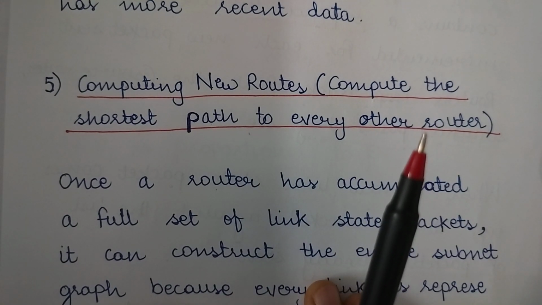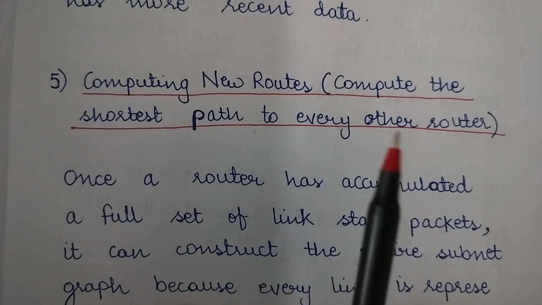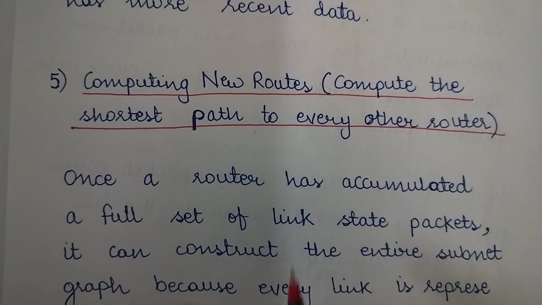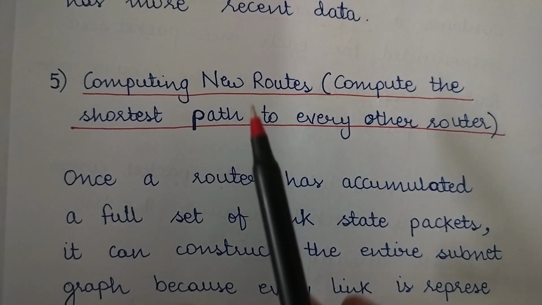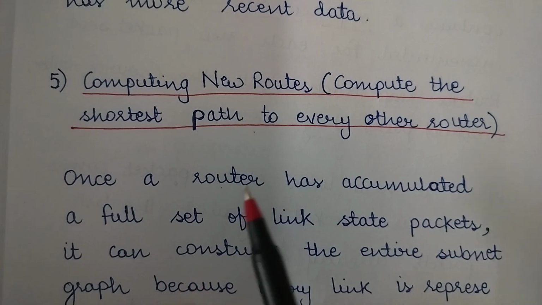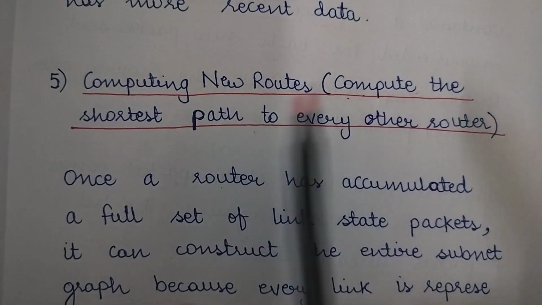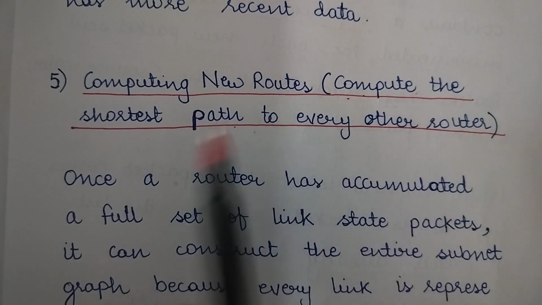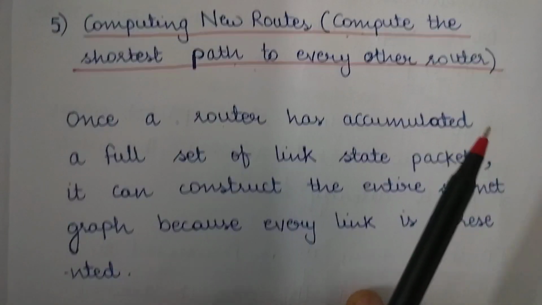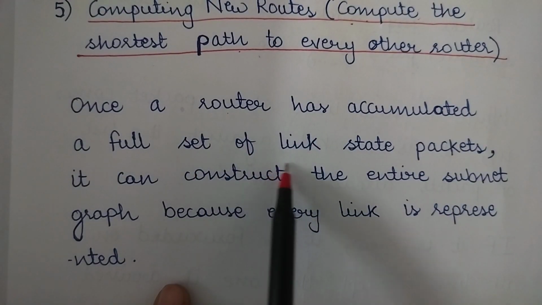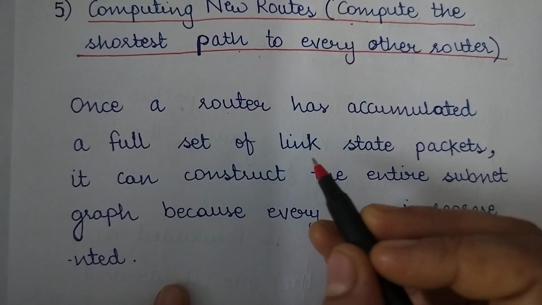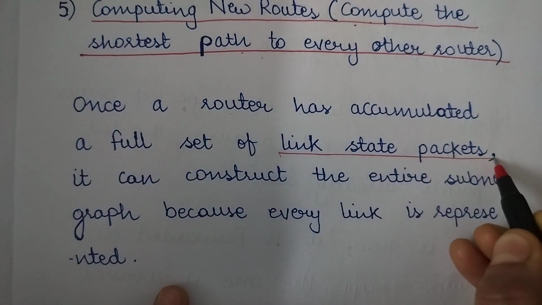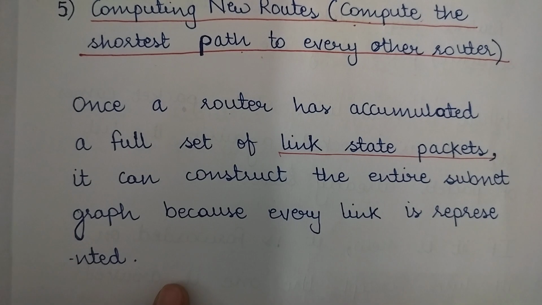Now the fifth and last step is to compute new routes. Every time the cost or delay to a particular route changes, we have to keep updating those routes. So we have to compute new routes so that we can find the best available shortest path. That means you have to compute the shortest path from one particular router to every other router. Once a router has accumulated a full set of link state packets, that means it has received link state packets from every other router in the subnet,